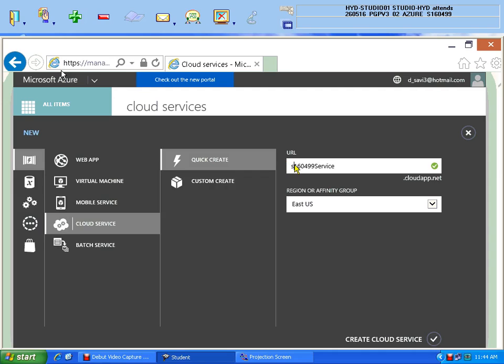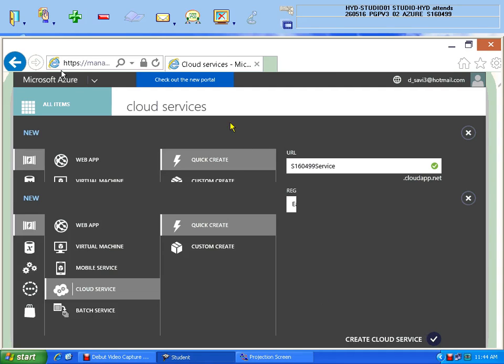Okay, yes capital S, S160499 service. The green color you have got means it's allowed. Whatever you give, the computer will add at last .cloudapp.net, because it's a cloud related service. So .cloudapp.net you should give, and at the bottom you will have the tick mark.